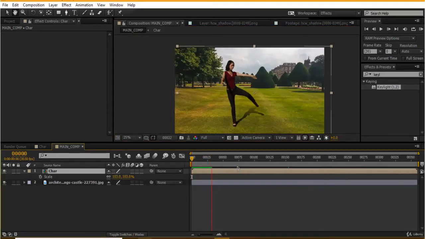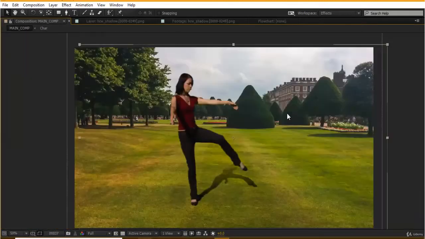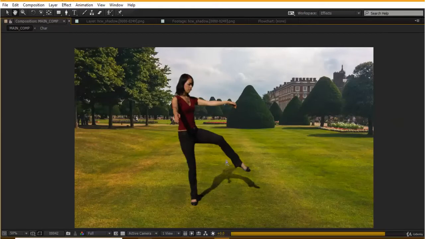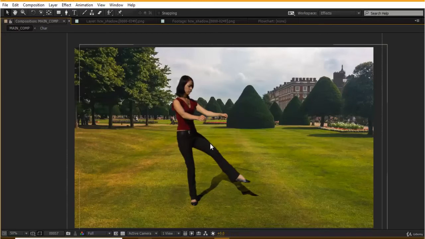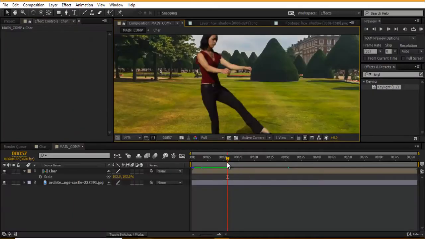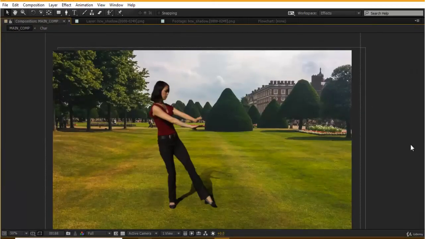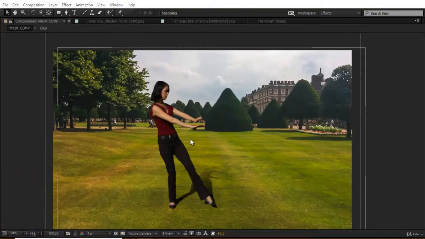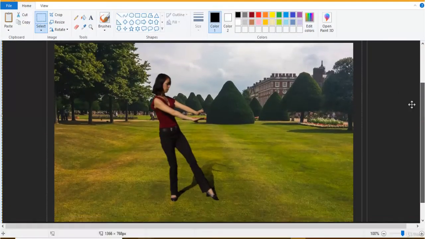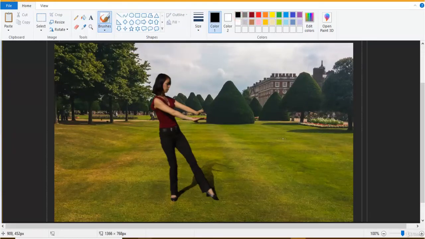Now, from the perspective of compositing, one thing I would like to tell you is that if you see this overall composition, it is actually not correct, because of where this character is. If I take you through Paint, I would like to clear up the fundamentals here. Yeah, I'm right now in Paint, and so if you see over here,